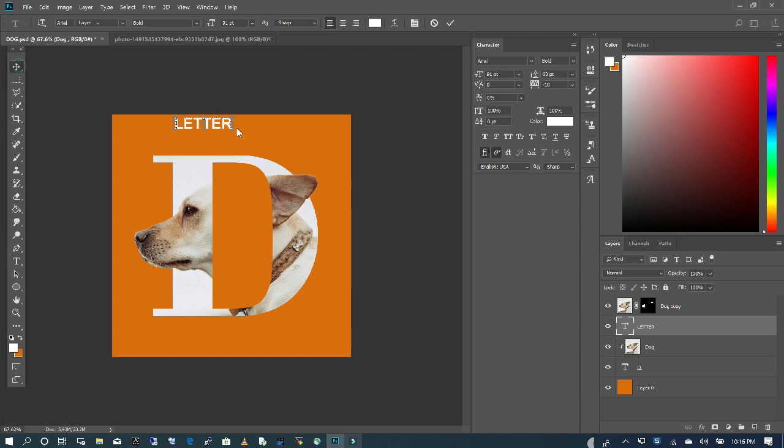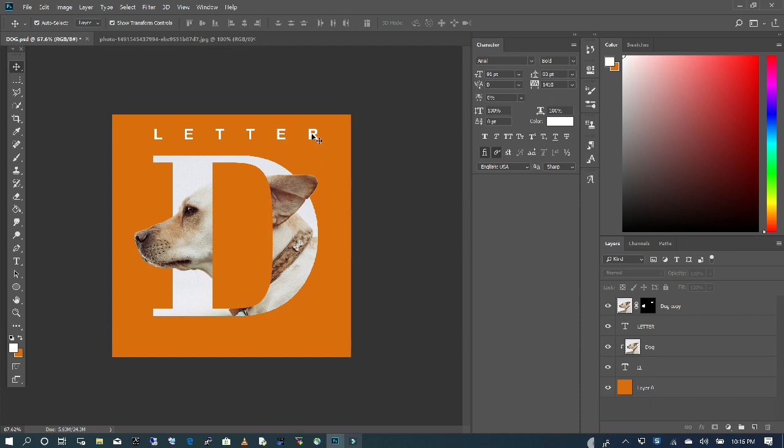I want to stretch this from one end of the alphabet to the end, so I'm going to go to this option on my font and space it out that way. Now that I have my desired spacing, I'm going to make another copy of my text by dragging this down to that icon, and I am going to